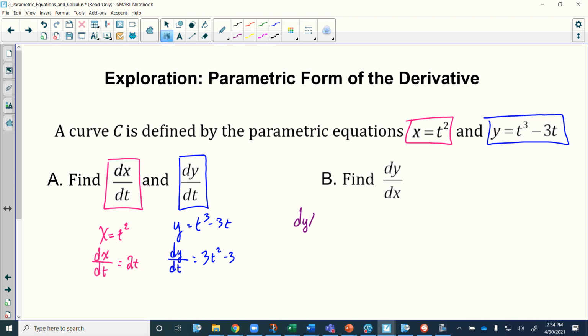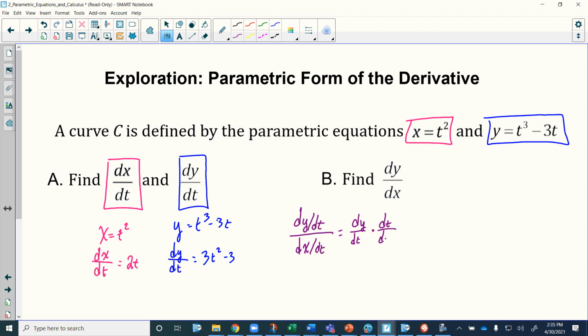Essentially, going back to elementary school mathematics, we're dividing a fraction by another fraction, so that's really saying multiply by the reciprocal, which would give us dy/dt times